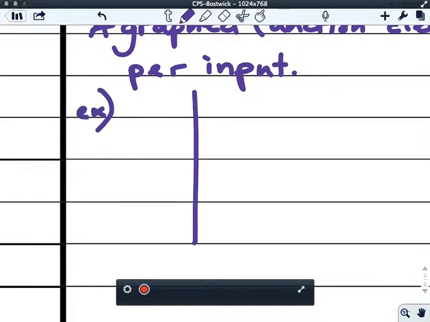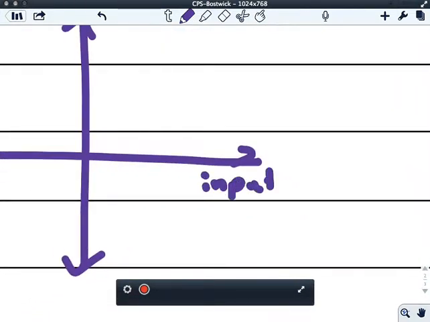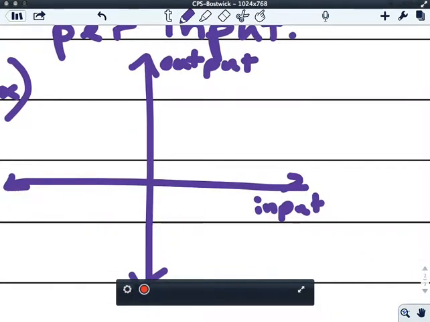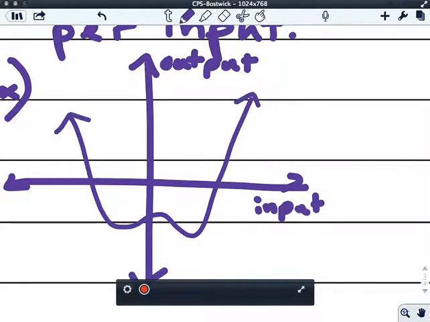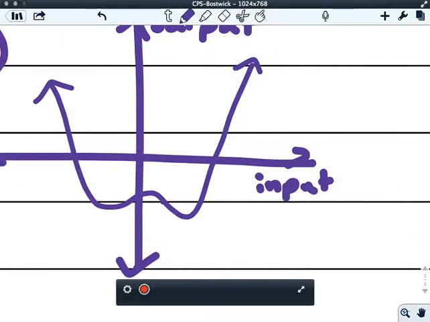So if, as is usually the case, X is my input, let's say this is my input column, and this is my output axis. Sorry, I'll make my pen a little bit skinnier here. And I have this relationship, which is a polynomial relationship. This one is a function because if I choose any input, which is going to be an input along